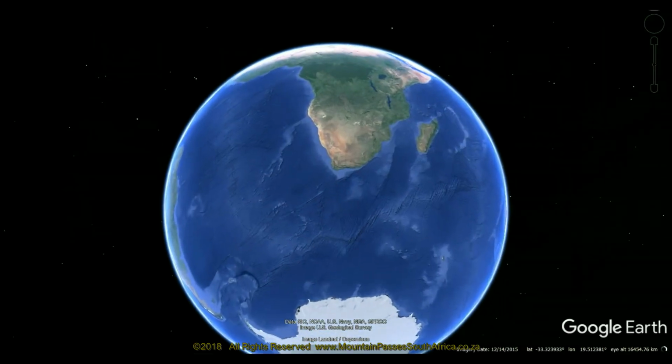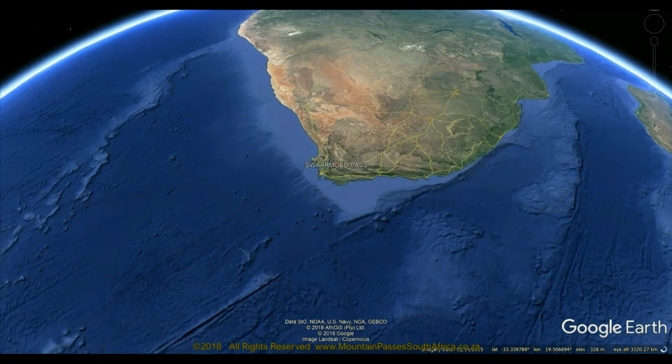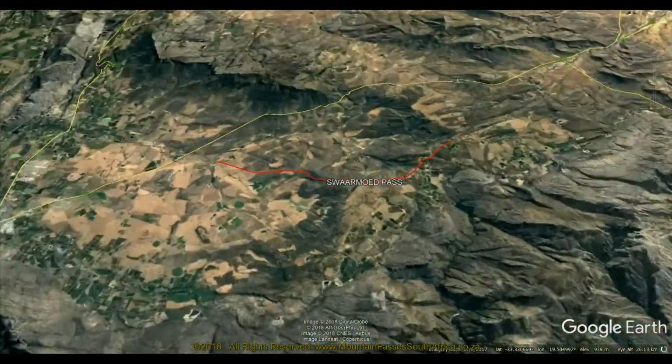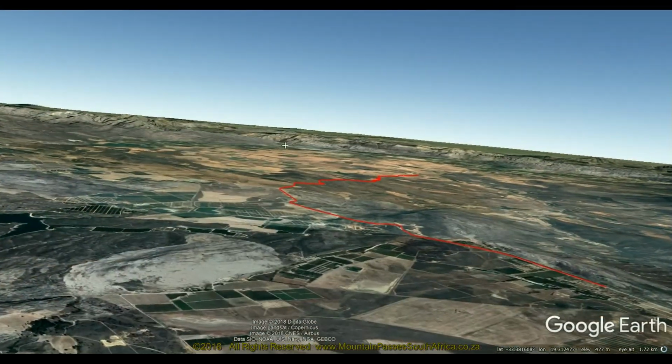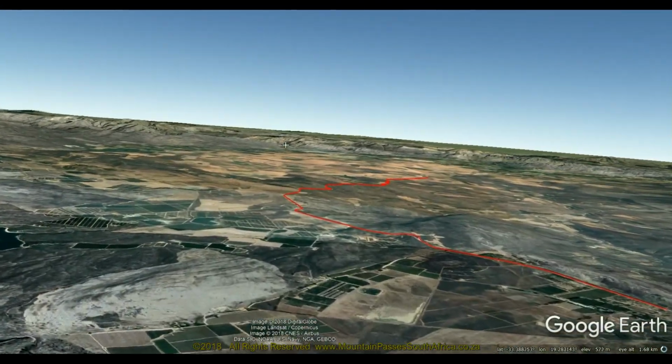The Swaarmoed Pass is located approximately 20 kilometers northeast of Ceres. The name translates from Afrikaans into heavy courage. The 16-kilometer-long pass descends 629 vertical meters from the summit at 1,212. It's the favorite access route to the snowfields on the highlands near Klondike and Erfdeel farms, the latter perhaps